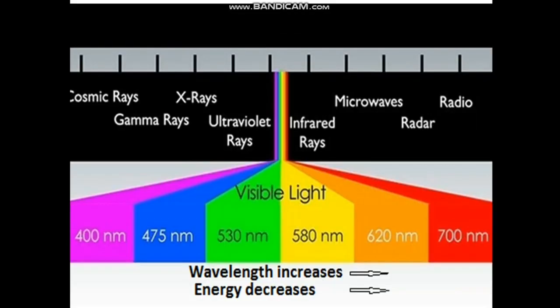The electromagnetic spectrum consists of various rays such as cosmic rays, gamma rays, X-rays, ultraviolet rays, visible, infrared rays, microwaves, radar, and then radio waves. So we should always arrange it in this order only. From left to right, the wavelength increases. So that means from left to right the energy decreases. That means cosmic rays are of greater energy compared to all other rays, and radio waves are of greater wavelength compared to all other rays. So the visible region is a small part of the electromagnetic spectrum.